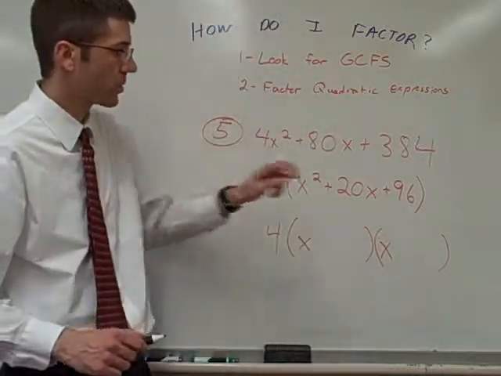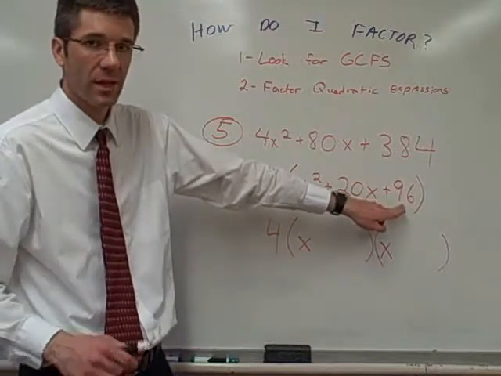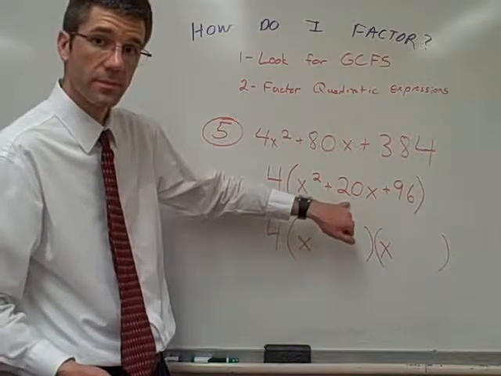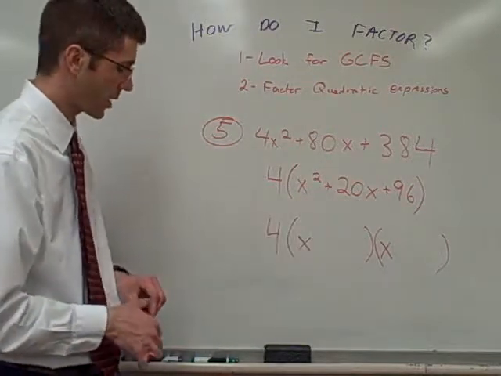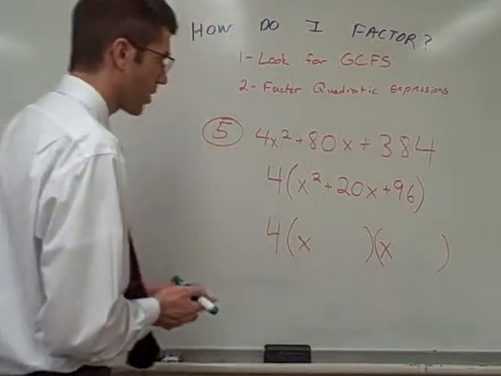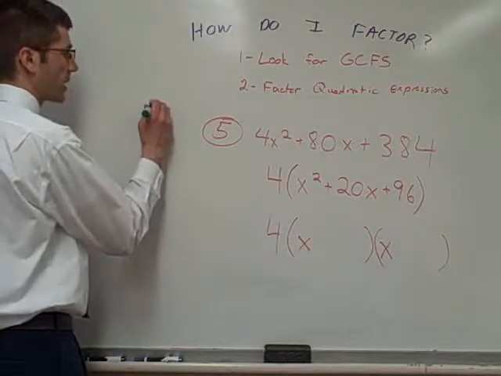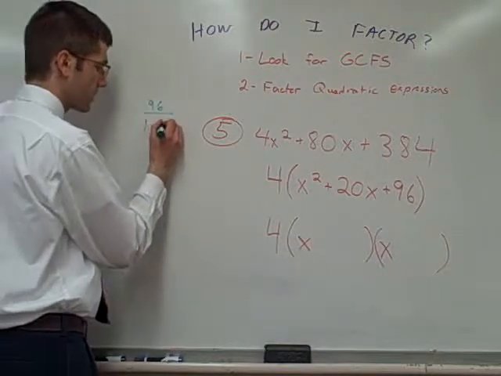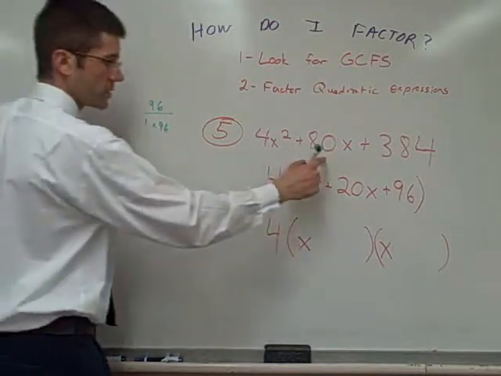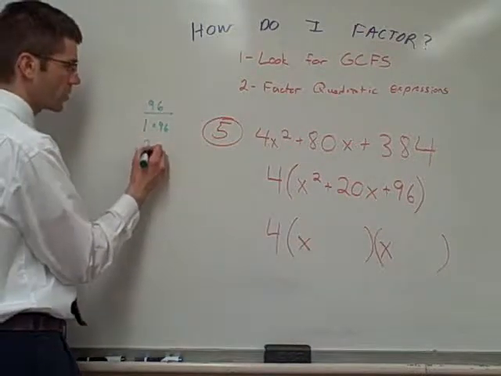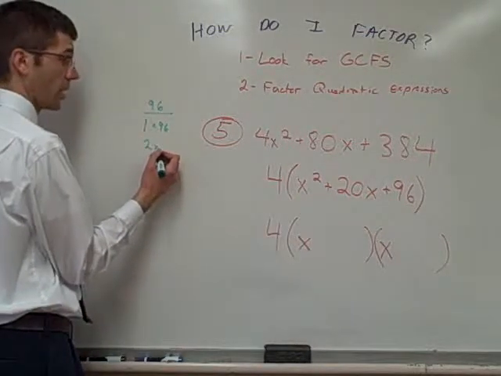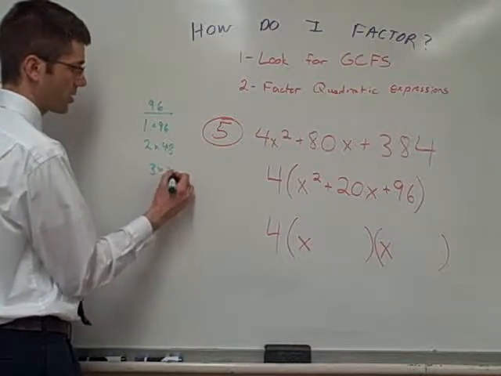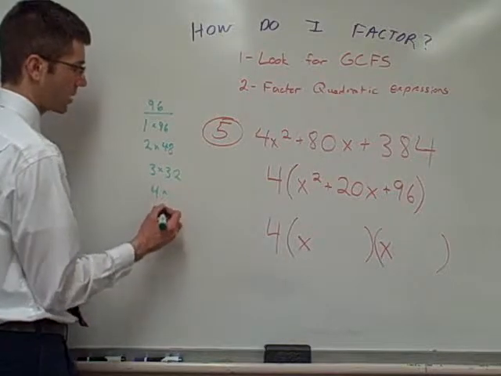Here's the tricky part. Two numbers multiply to give me 96 that when added together will give me 20. Okay, now sometimes this one's kind of hard to think your way through, so I'm going to just sort of go through this one. Two numbers multiply to give me 96. I like to start counting. 1 times 96 is 96, but it's not 20 when you add them. 2 goes into 96 48 times. No. 3 goes into 96 32 times. 4 goes into 96,